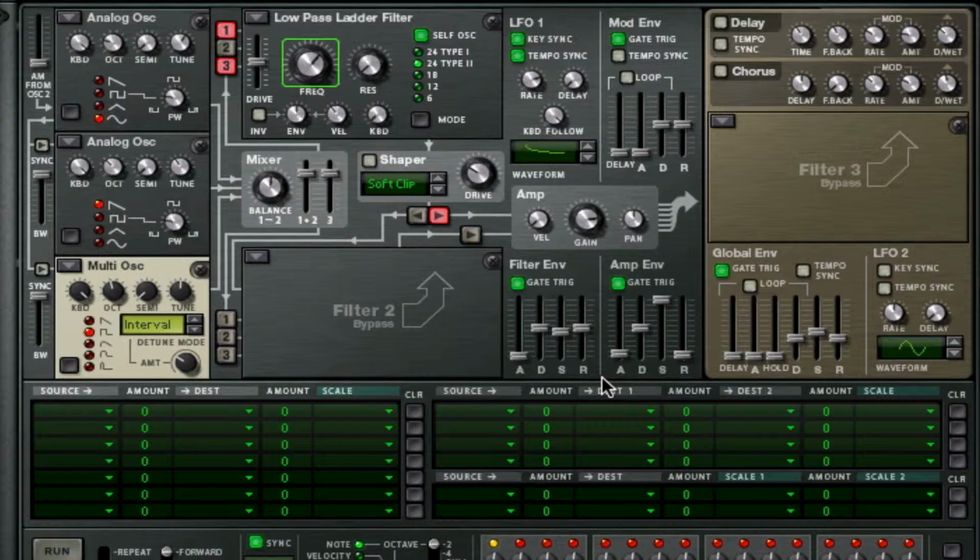So it just stays constant. The next thing I'm going to do is for my release, I'm going to turn that up to 350, so that way it has a much nicer release instead of a large click. Okay, that's all we do for the amp envelope, but for now, let's go over to the filter envelope and